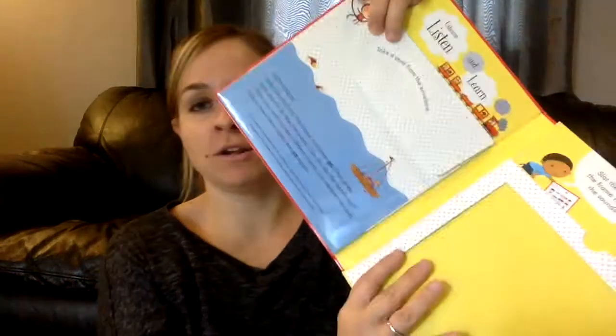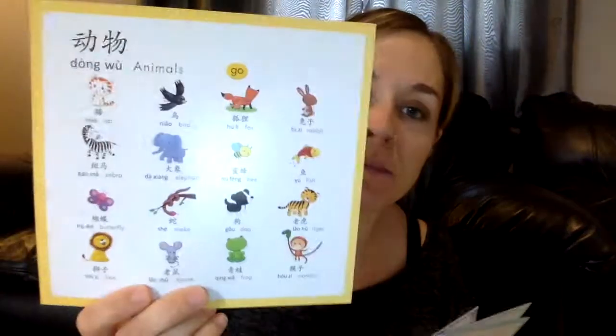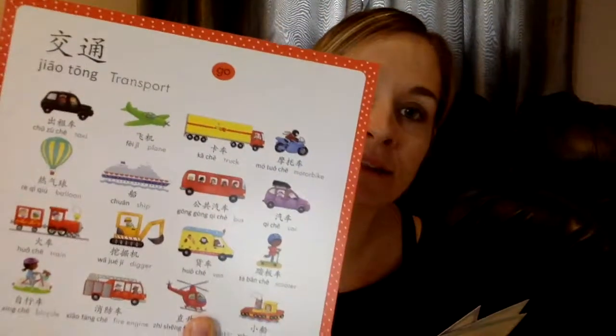Then there's a listen and learn book. I made my kids each pick out 5 of their favorite books, and this was one of my 8-year-old's favorite books, the Listen and Learn in Chinese. I don't know why. So this is a sound one again too. You just flip the switch on in the back. And in this little pocket right here, there's 4 cards. So it has animals, it has transportation,